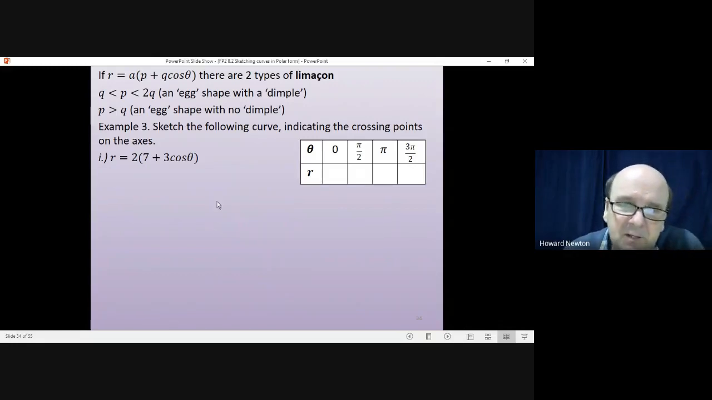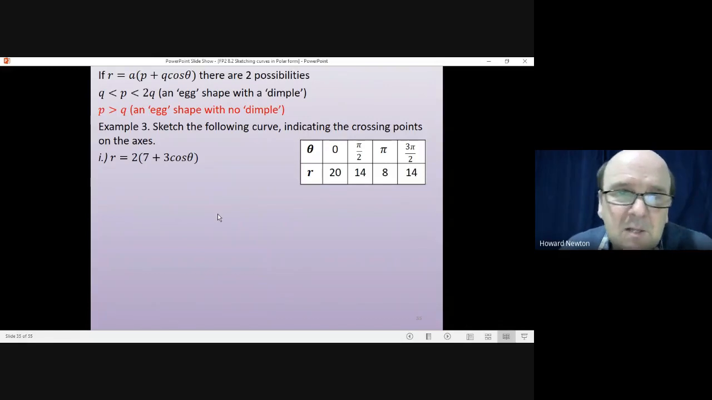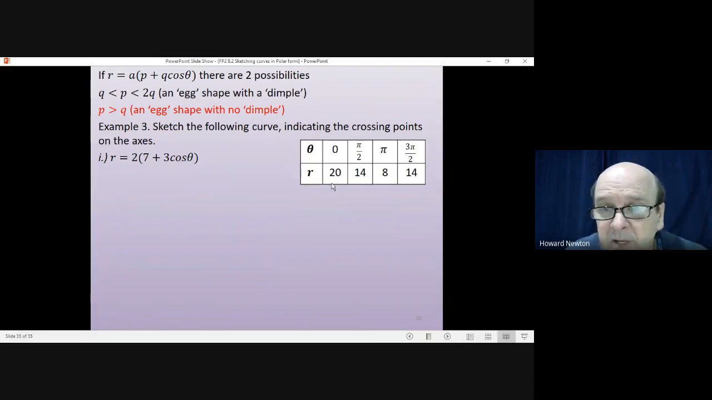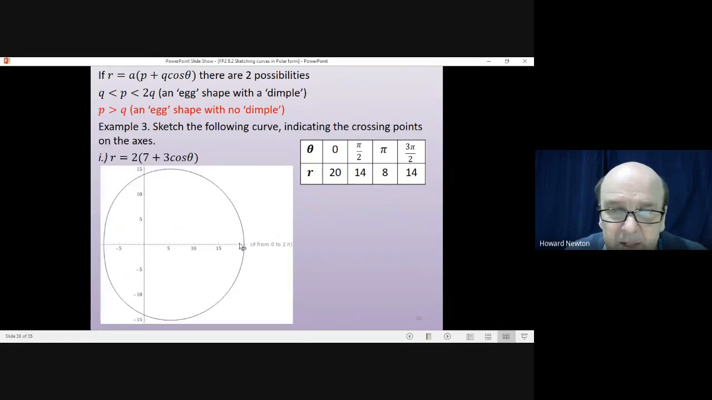Okay, let's have a look at this. So in this instance, 7 is bigger than 3, but it's not less than 6. So we'll get an egg shape with no dimple. Those are the 4 points that I've calculated from the table, and those will give me the crossing points on the axes. So the first one here is at 20 on the x-axis,